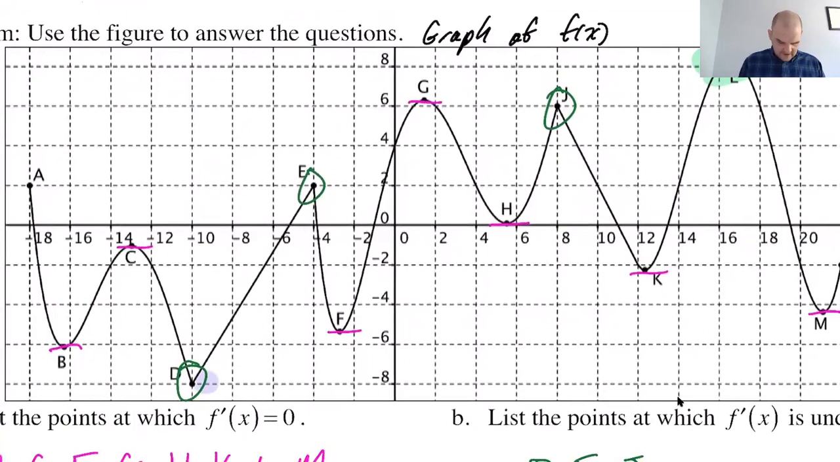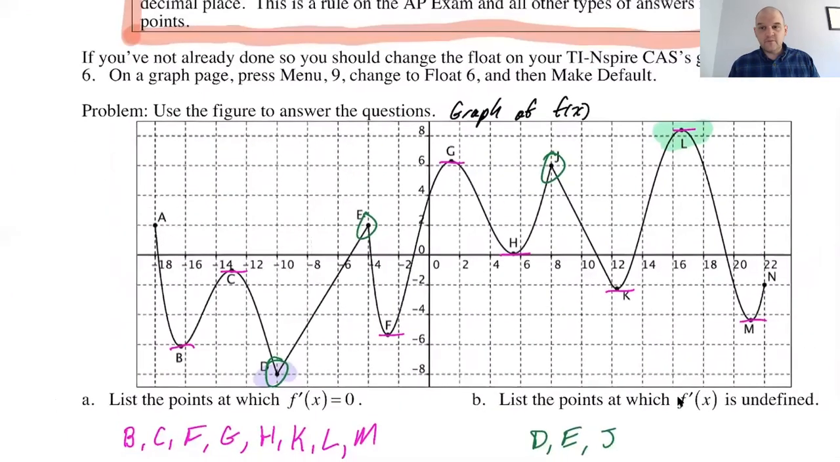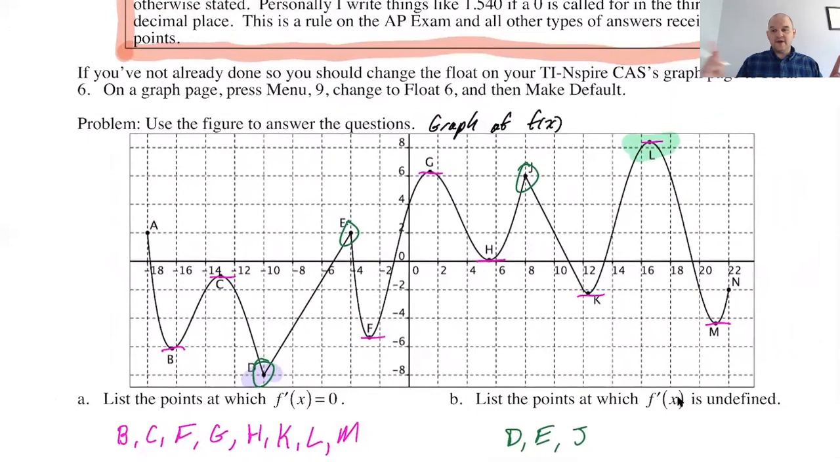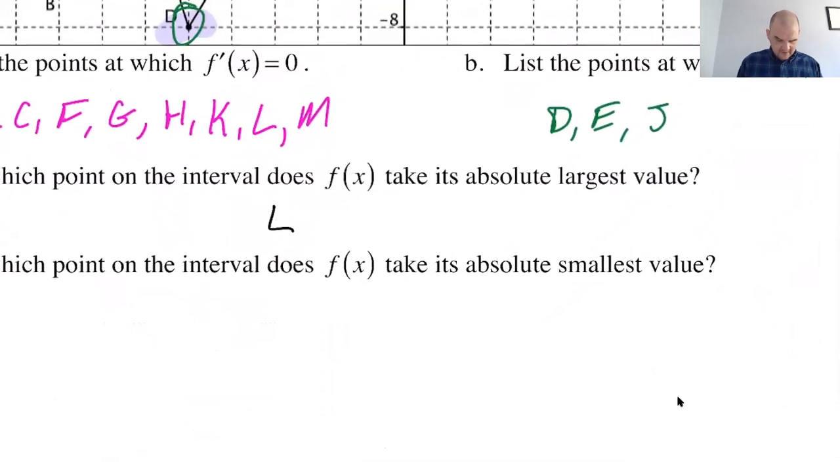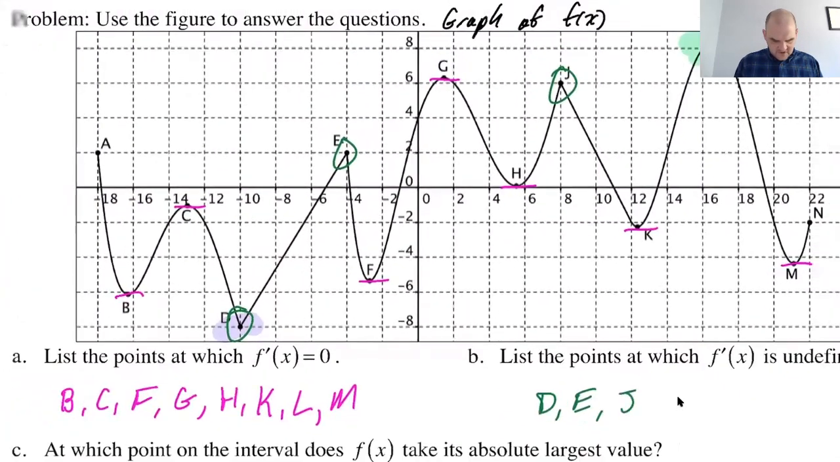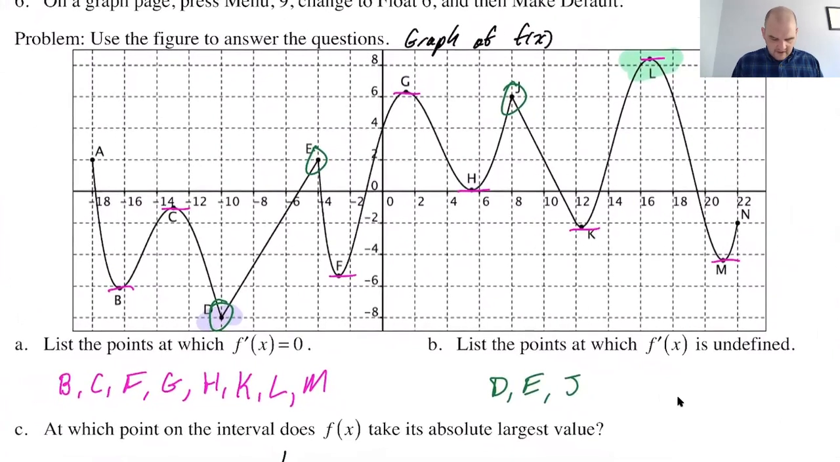That happens at D. Okay, so these both happened at critical points, but they could have happened at A or N, because endpoints could be absolute maximums or minimums. They cannot be relative, but in this case it didn't work out, so it's just D. All right, looking at this, there's nothing else to do really, but